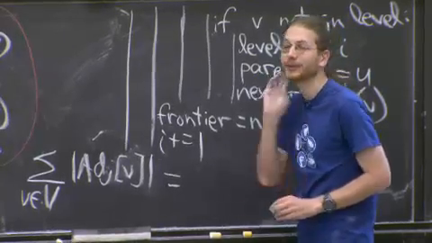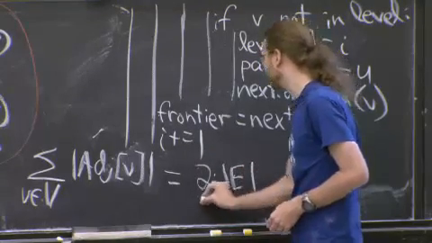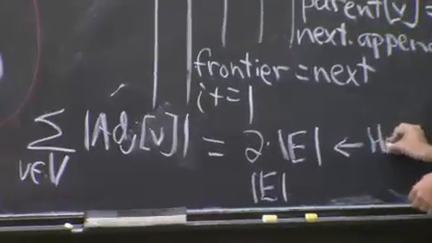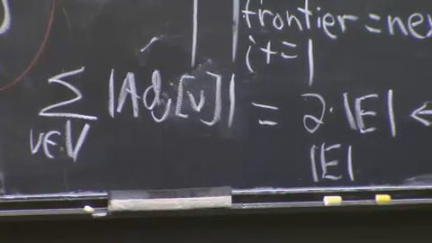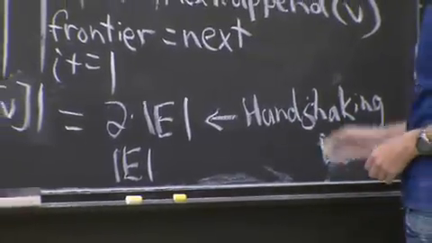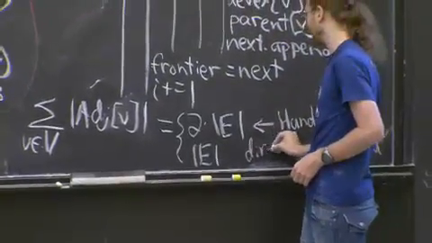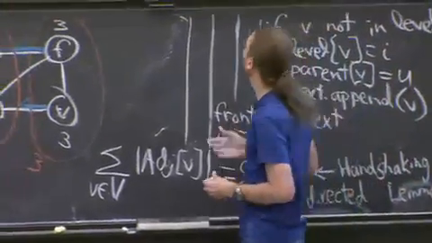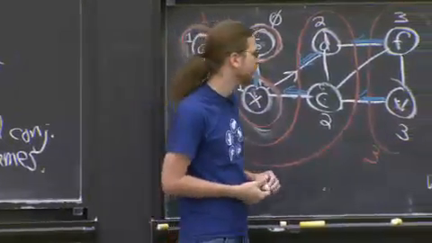Twice the number of edges for undirected graphs. It's going to be the number of edges for directed graphs. This is the handshaking lemma. If you don't remember the handshaking lemma, you should read the textbook. Just 6.042 stuff. Because you visit every edge twice. For directed graphs, you visit every edge once. But it's order E. We also spend order V because we touch every vertex. So total running time is order V plus E.